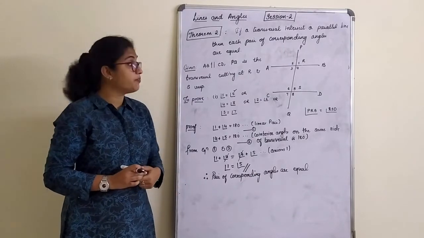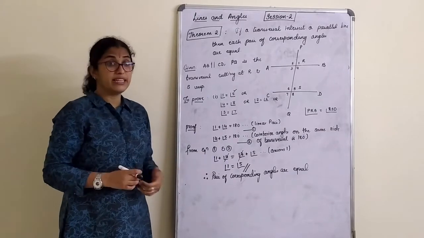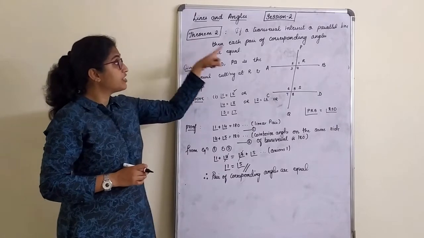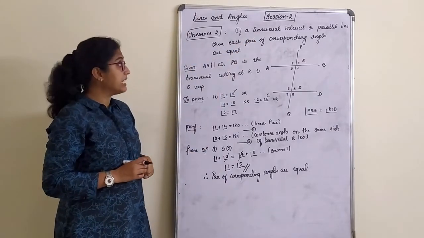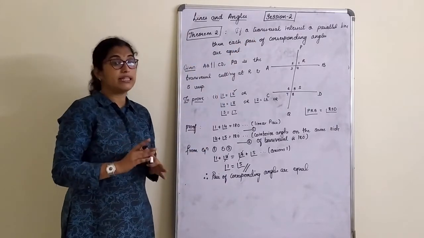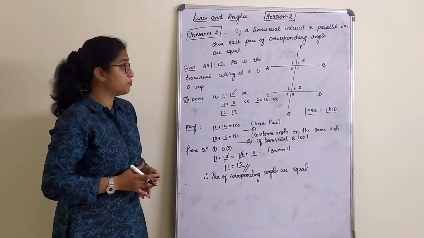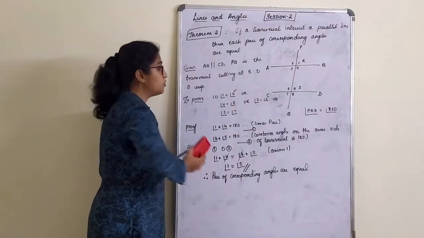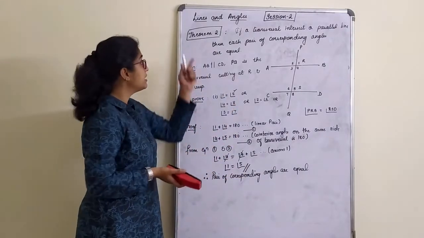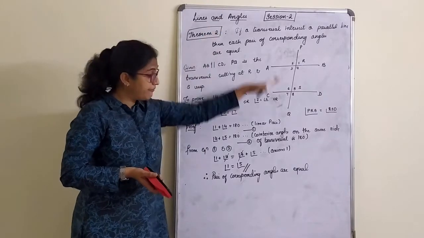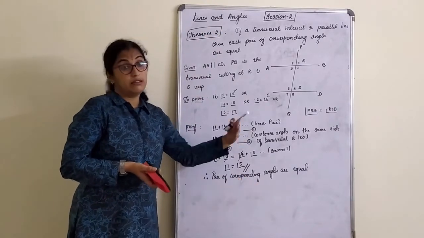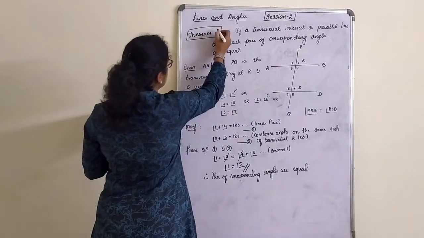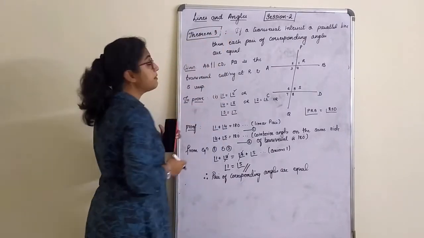Is this very clear? Okay, so now the next theorem, converse we will write later after this. Now the next theorem is, if a transversal intersects parallel lines, then each pair of alternate angles are equal. That is what we have to do. So what I do children here is, I'll only wrap the things which I do not want, but what you have to do is, first write theorem 2 with everything, give the conclusion. Then again the next statement will be for theorem 3. After you copy down theorem 2, it will be theorem 3.